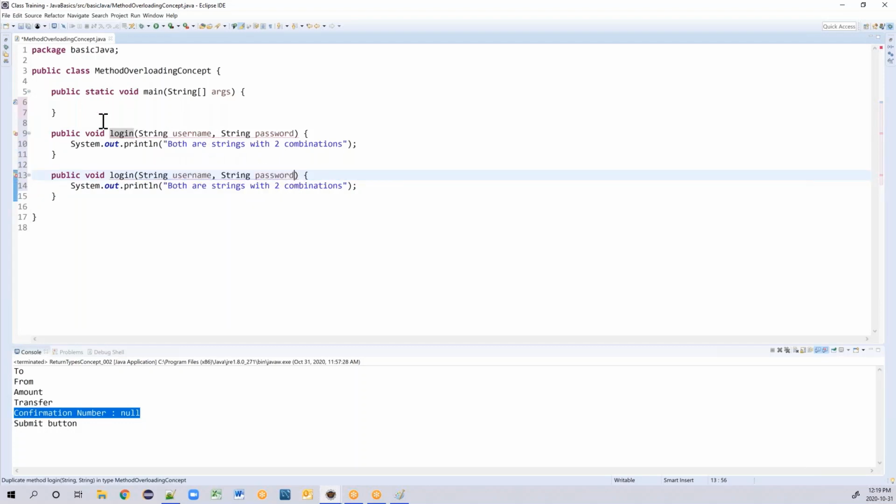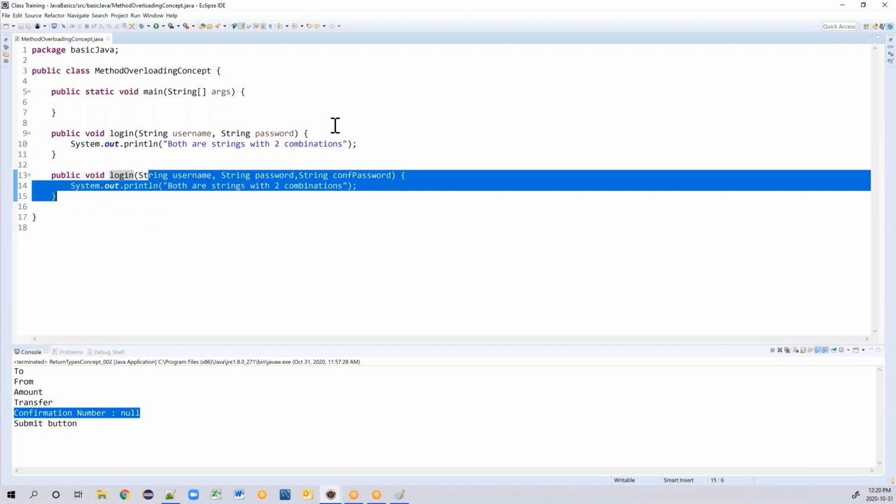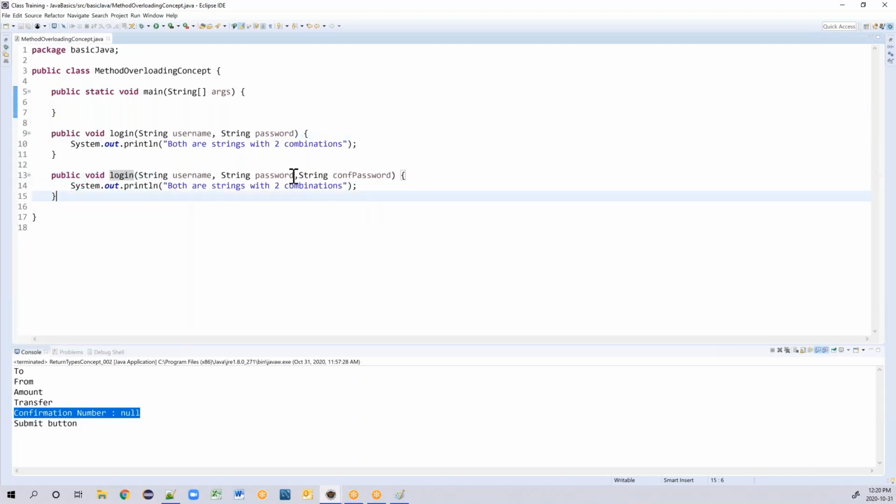But you can have the method name same and number of arguments different. This is permitted. So here I have 2 arguments. Here I have 3 combinations.